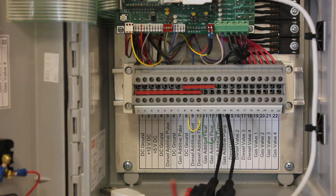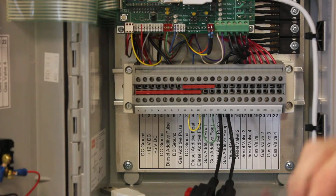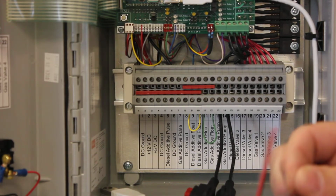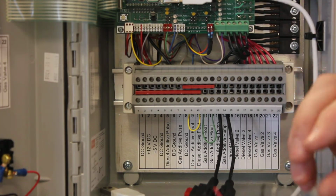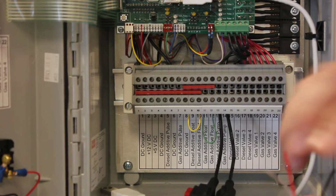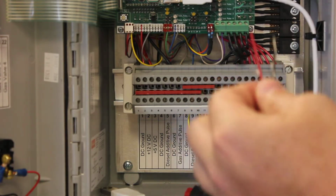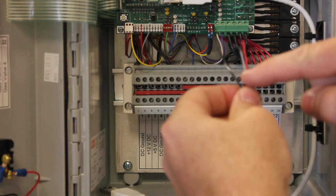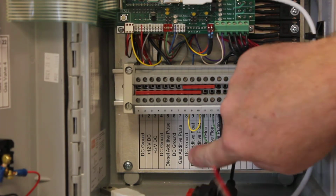Now, the other shielded twisted pair wire we send you is for the additive pulser. And I told you in the pump module end you can just clip this shield. However, at the end where the controller is, this must be used. You're going to take, I don't care if it's the black, usually the black one. When you strip the black one back, go ahead and twist the bare wire and the black together. And then you'll hook the one with the bare wire on your, let's see, you've got, let's say diesel additive